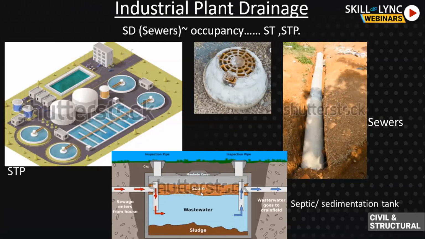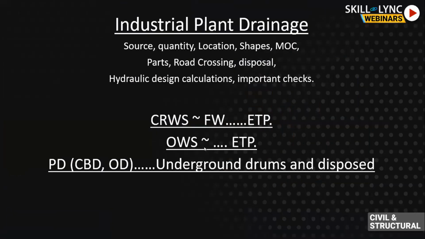So the baffle wall height is such that the upper oil, suppose this brown thing is oil, that upper oil goes from this compartment to this compartment. Only oil goes out and it is separated. So oil recovery is done. At the bottom, there is water. On the side walls, there will be an exit pipe. All the water will be removed from the side. All oil will be removed from the top. So such oily water separators you are required to design, and then that oil is either taken to ETP.